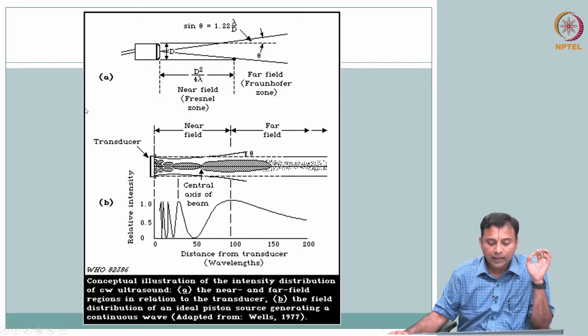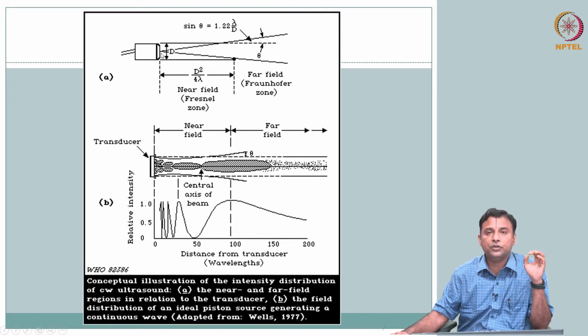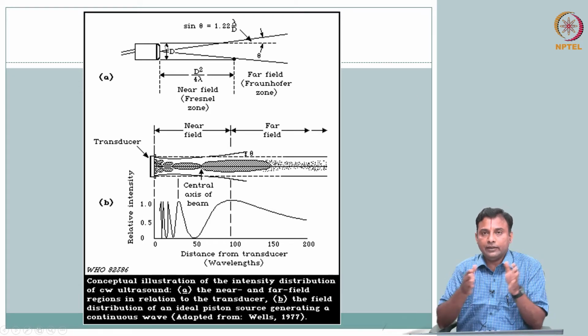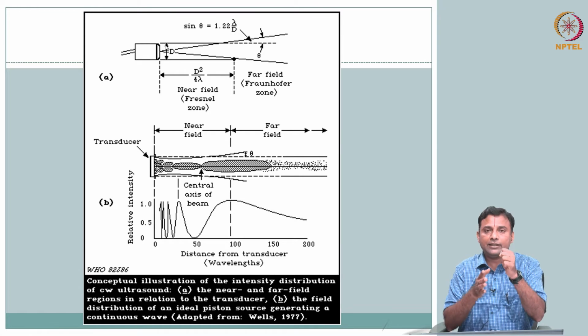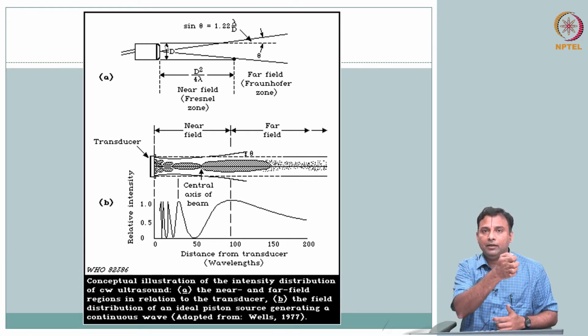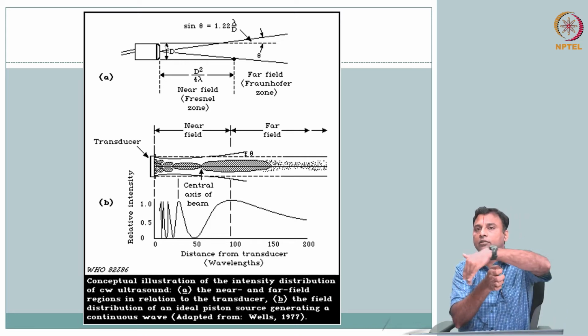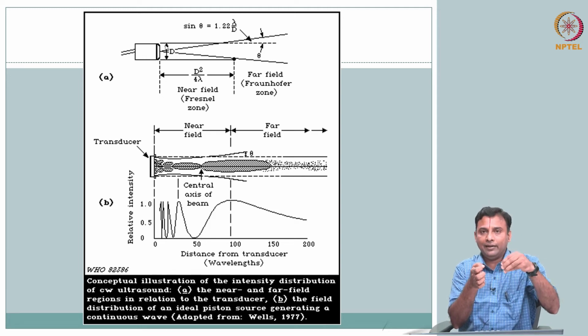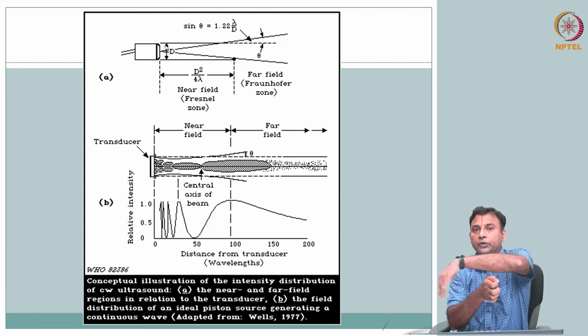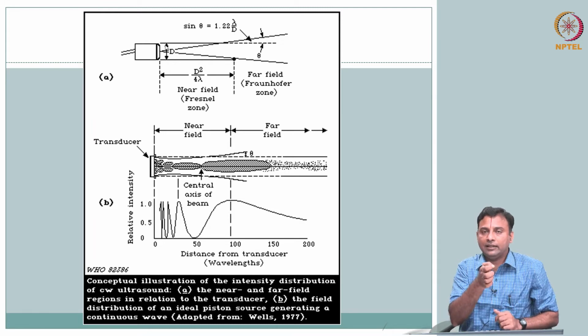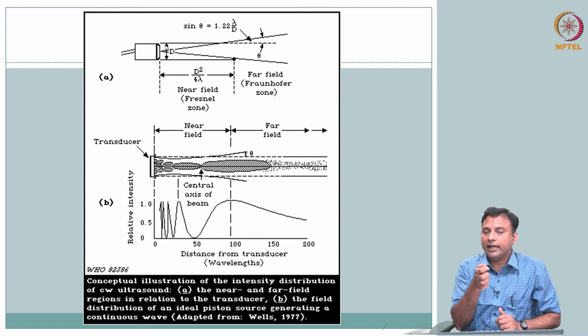In that context I had this displayed earlier. As you will notice, if you have a transducer, inherently it is going to diverge. So, if you have a transducer, say for example, this is the transducer face, my palm. It is going to get excited, it is going to oscillate back and forth, and if this is the back end where you have the electrical circuit, this is the front end that is going to send it to the tissue. I excite this crystal, it is going to oscillate in what we call a thickness mode, in the thickness direction, because we are interested in compressional waves.